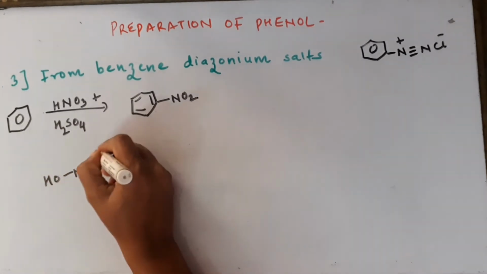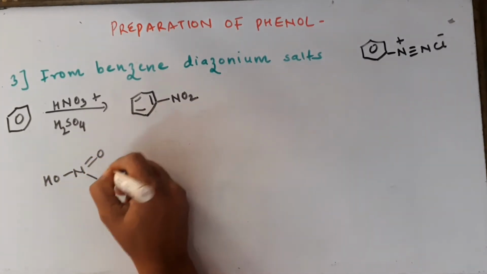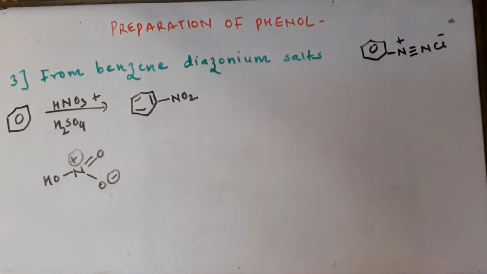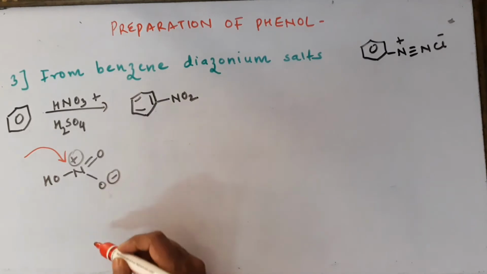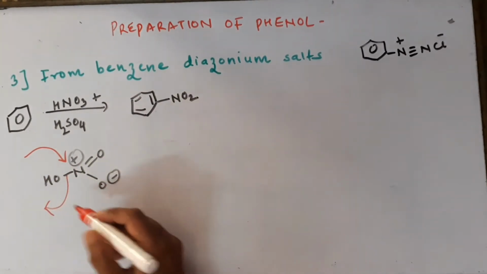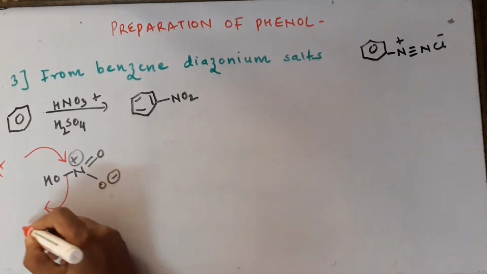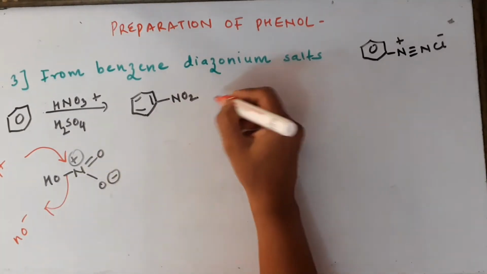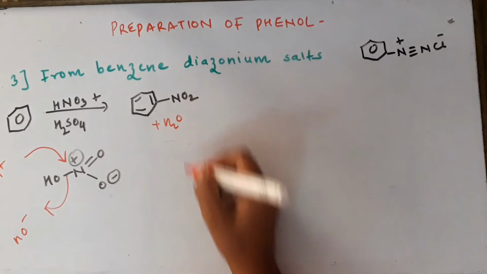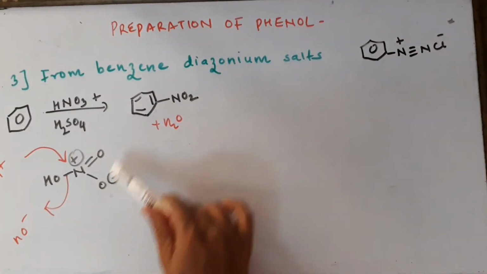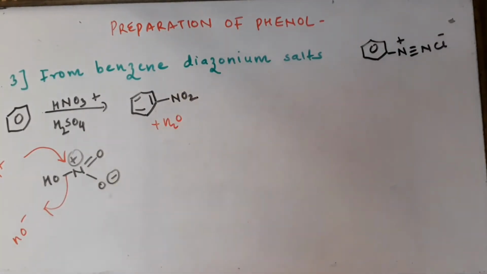Let me show you the structure of nitric acid once so that you understand in a better way. See, this will be the structure of nitric acid. And when benzene attacks the nitrogen, if it attacks like this, the OH goes out. So from benzene, what is going out? As we know, every time H plus goes out, and from here OH minus is going out. So the byproduct coming out here is H2O. So NO2, that is the nitro group, has got attached to benzene.